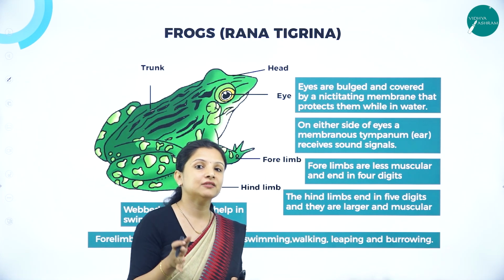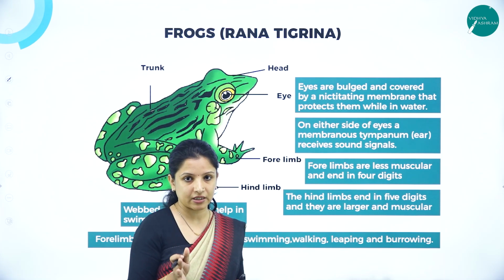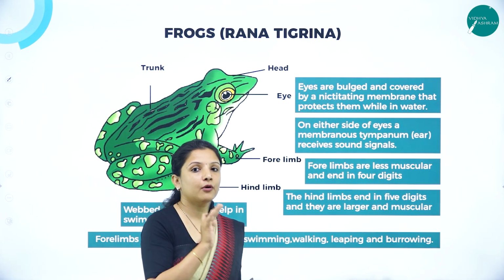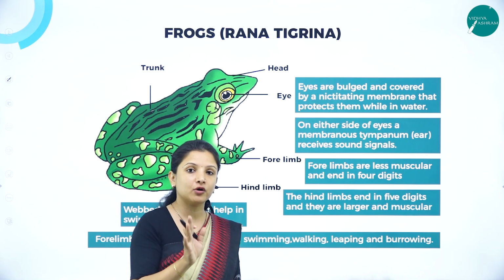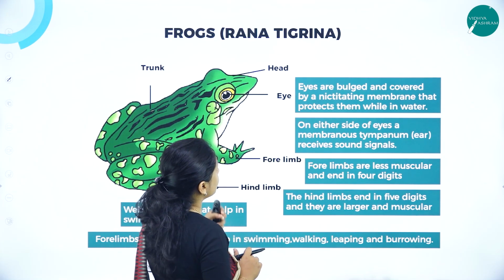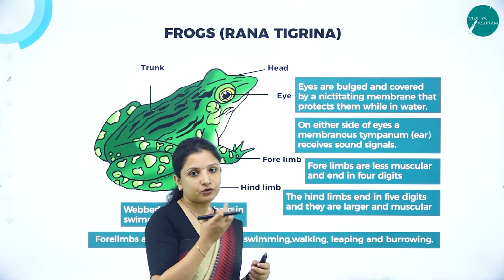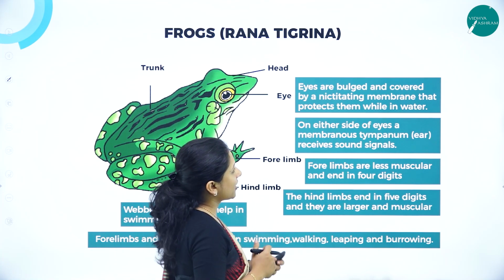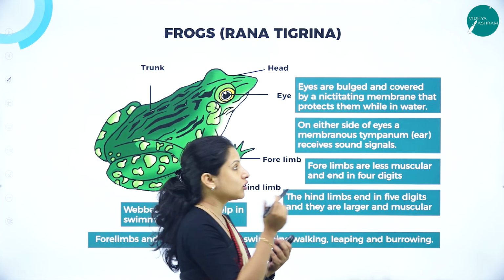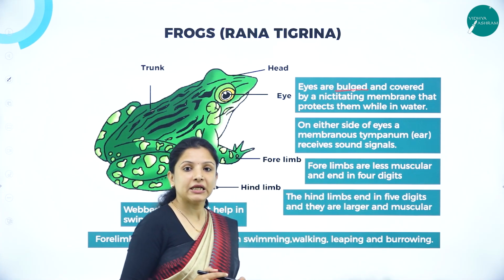Of course, there are some amphibians which have a tail, that is the salamander, but here we are talking about only the frog. So the frog's body is divided into the head and the trunk. So in the head part, they have the eyes, they have the nostrils, and they have the mouth or the buccal cavity. So talking about the eyes, the eyes are somewhat bulged and it is covered by a nictitating